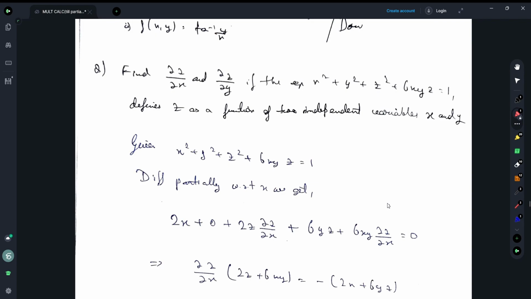Find del z over del x and del z over del y if the equation x square plus y square plus z square plus 6xyz equals 1 defines z as a function of two independent variables x and y. Okay, this is a good question. See,